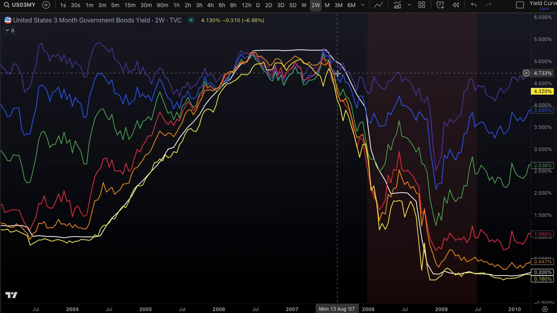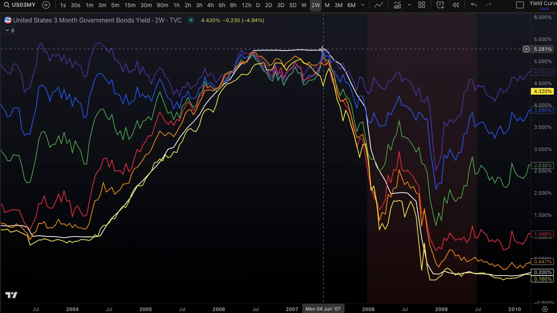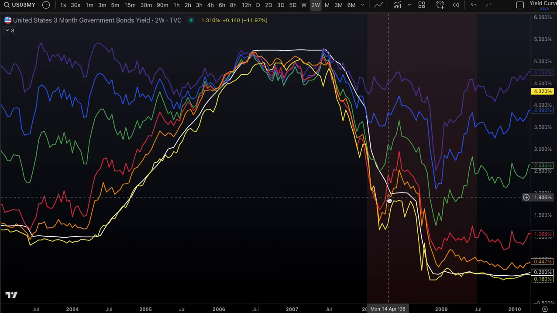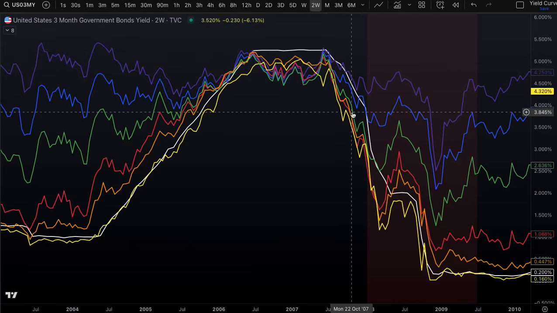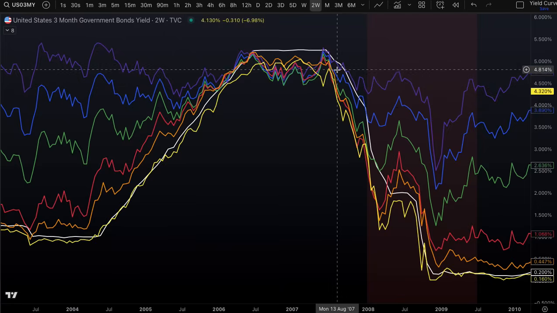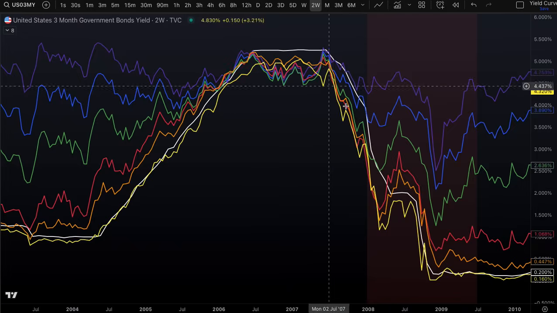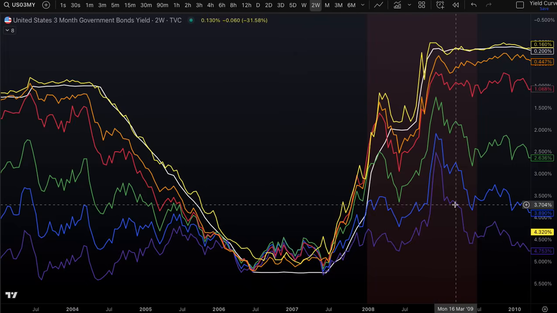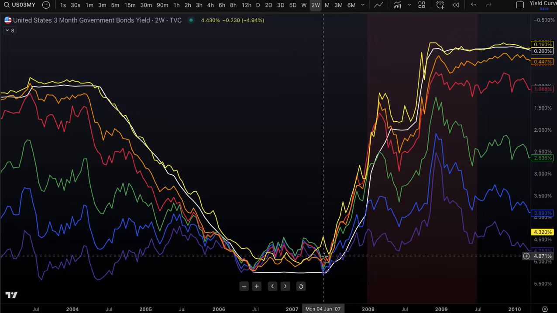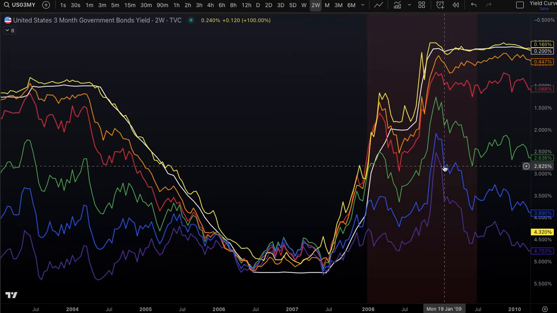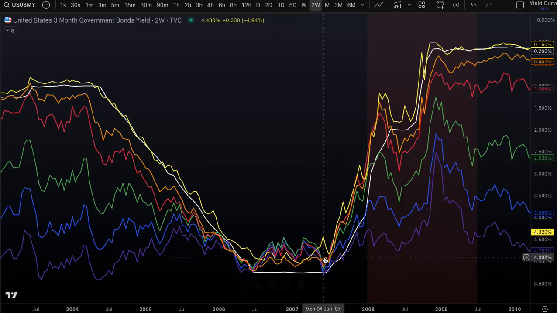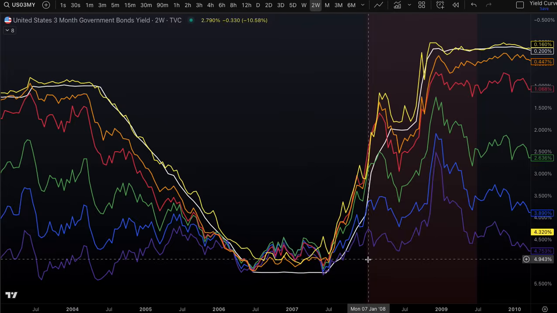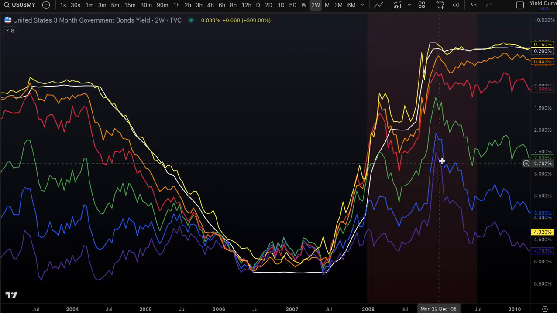So why is that happening? Well, remember, the short-term maturities, all they do is kind of predict or lead the federal funds rate, that overnight interest rate the Fed controls. If you think the Fed is about to start cutting interest rates, you want to buy the short-term maturity because we established that it moves way sharper, right? That's a bigger move. Maybe it might be helpful to invert this, right? This is the value of the bond. So you can see the value of the 30 and the 10, they did go up, right? Into the 2008 recession. They did. If you bought the 30-year, the 10-year here, you did make money. Your bond became more valuable.